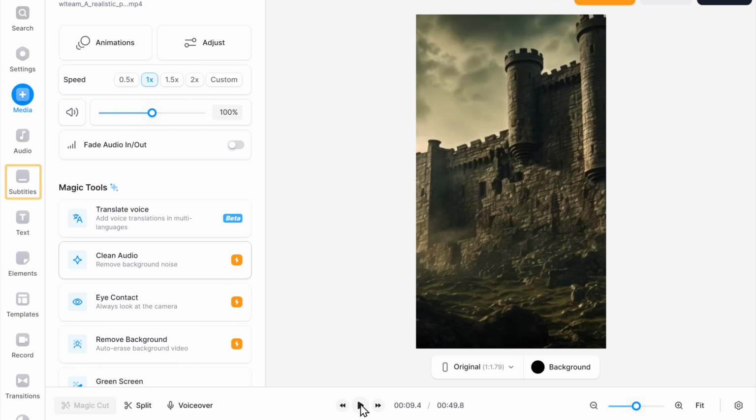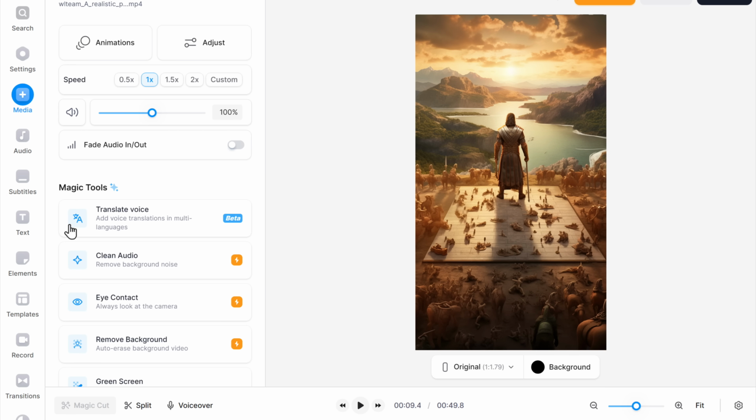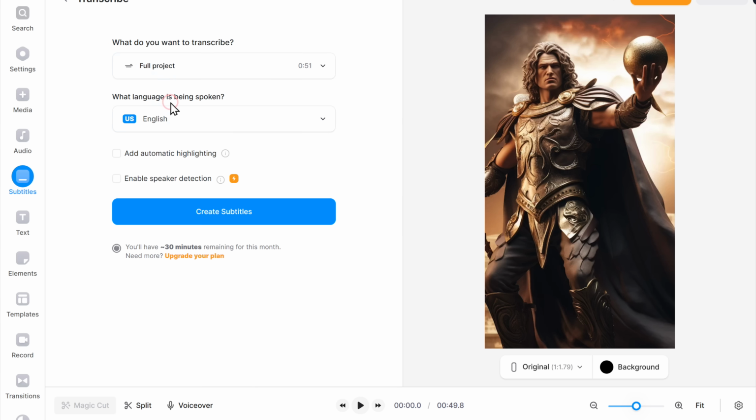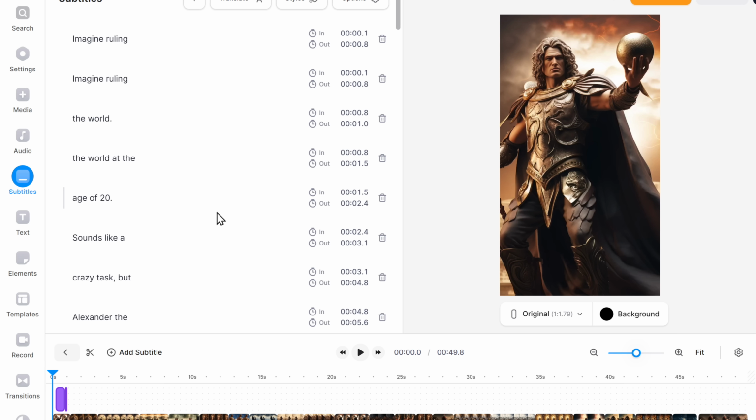Okay, so now we have merged the audio and the video. Next, let's add the captions. So just go to subtitles. And here, select how you want the subtitles to be added. I'm going to select auto and click create subtitles. And now if we play the video,